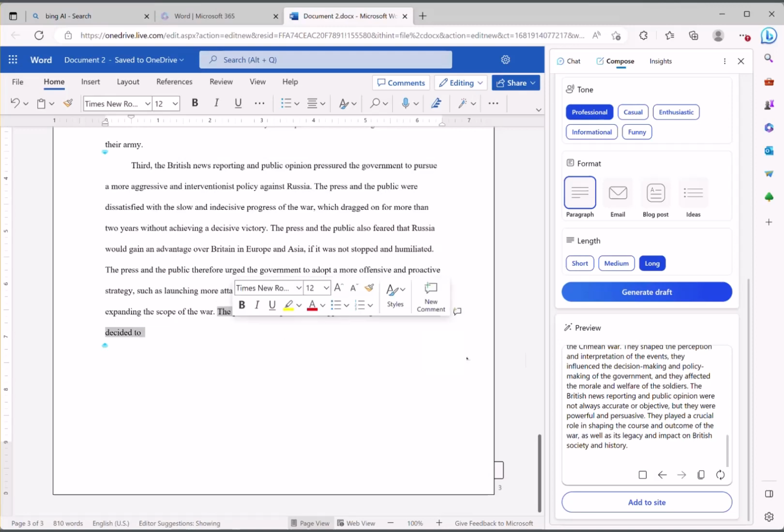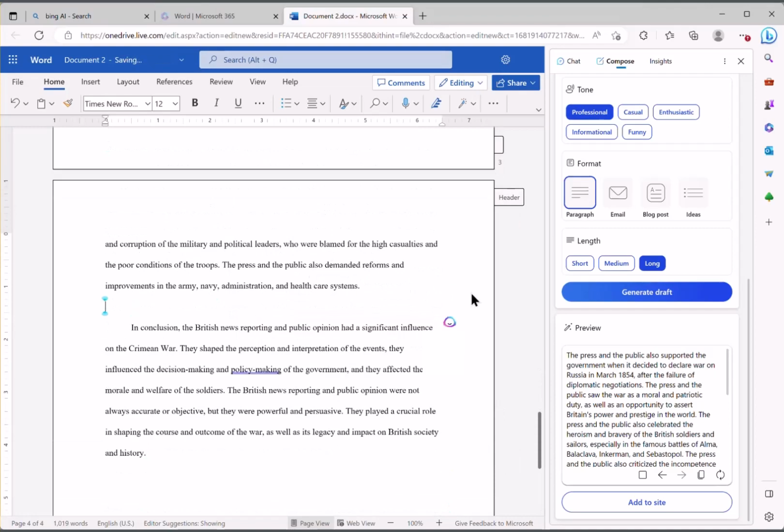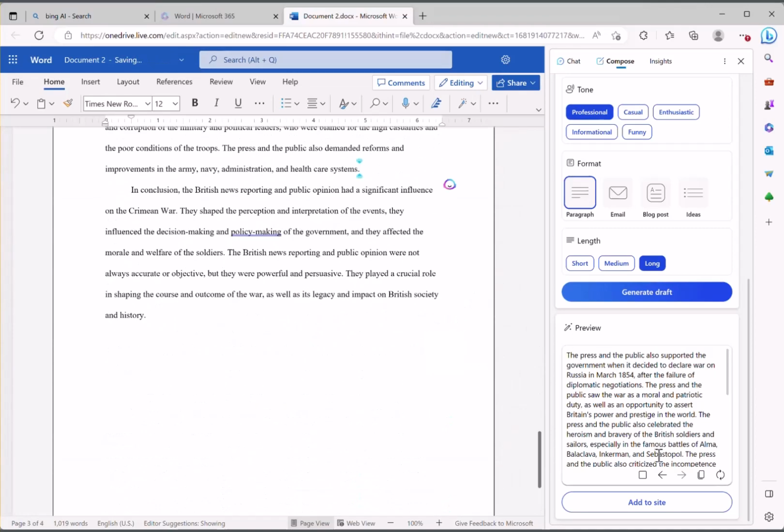And it did. So all I had to do was just copy and paste this final response into the end of the essay. And voila, a complete essay in only 2 prompts in a few minutes. But again, the sources aren't cited, and that's liable to net me a failing grade if I turn it in like this. And that is assuming that the information it's given me is accurate and not riddled with AI hallucinations. That is another excellent reason to cite your sources, so you can make sure that what you're producing is actually true.